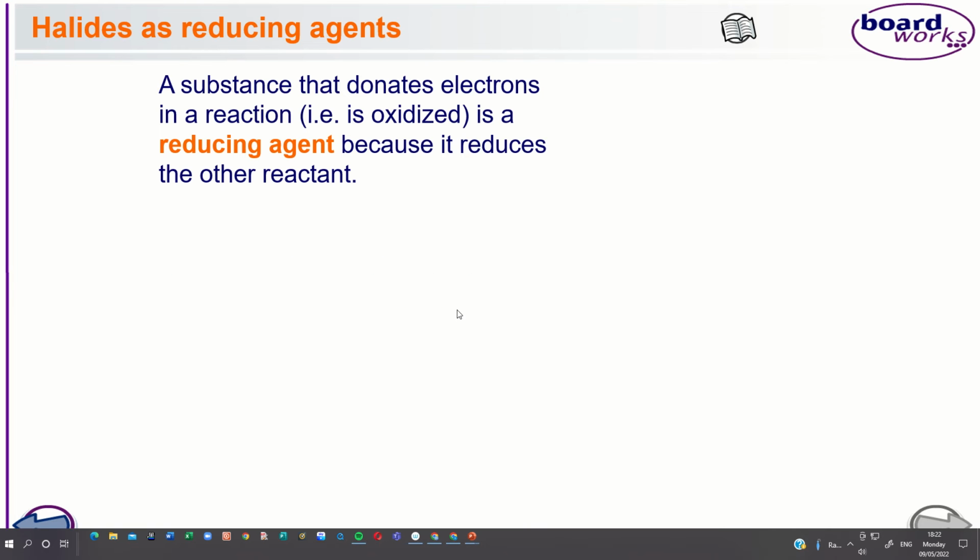Right, so let's look at the halides, and when we talk about the halides, what we're referring to are the halides as their ions. So you're talking here about chloride ions, bromide ions and iodide ions. Those are essentially the ones that we will look at. When you talk about them behaving as reducing agents, you talk about the ions, not the actual elements such as chlorine, bromine and iodine themselves. If they're going to act as a reducing agent, this means that they themselves have to get oxidized. Things can only behave as reducing agents when they themselves donate electrons.